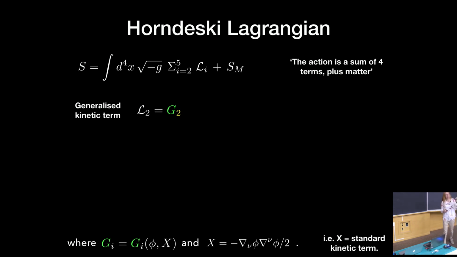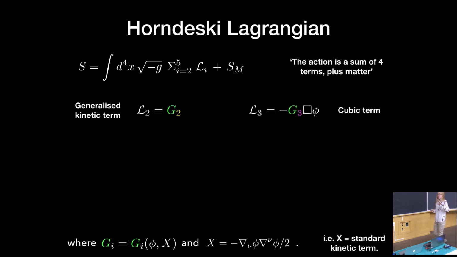You should think of this as the generalized version of a kinetic term for your scalar field. And rather confusingly, L2 is not a number, but a function we will call G2. And G2 is going to be a function of the scalar field, phi, and what we call X, which is basically just the kinetic term of the scalar field. So it's phi dot squared, roughly. Added to that is something called the cubic term. The cubic term is another function, G3, again a function of phi and X, this time multiplying box phi.